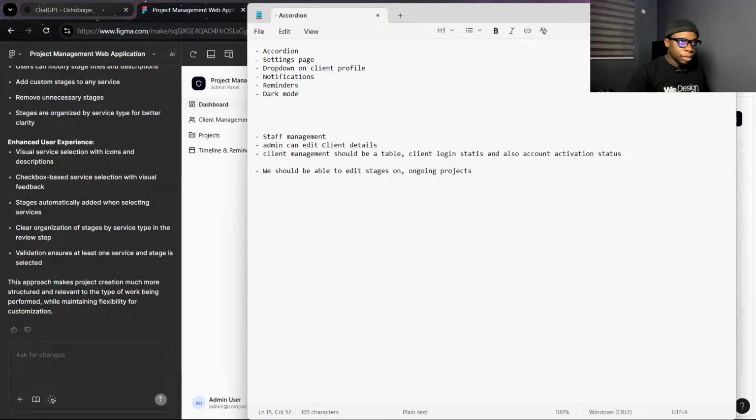Now let's see what it did. We have create a new project, services. So if I select this, select the client, select this, select this. Okay, now what it did is, if I click on this, let me see. If I click more than one,